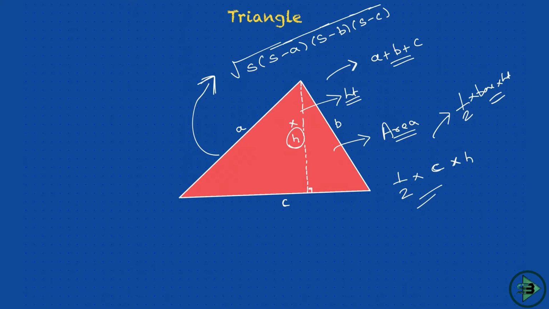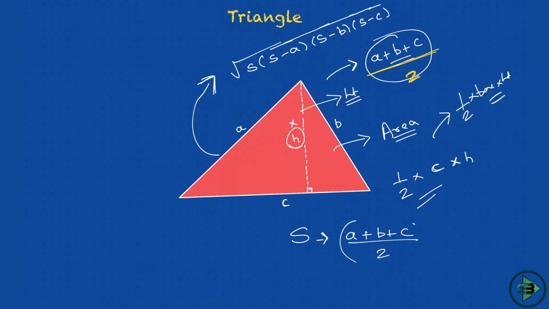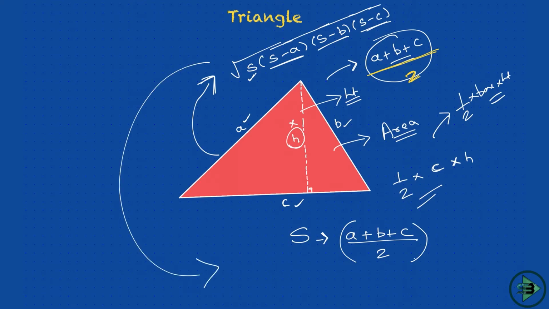By Heron's formula, the area of a triangle is the square root of S into S minus A, S minus B and S minus C, where S is nothing but the semi-perimeter. Okay, what is semi-perimeter? Perimeter is this. Semi means half, which means half of the perimeter. That will be equal to your S. So S will be equal to A plus B plus C divided by 2. That is how you will find S. You will substitute the S here. Then you will take S minus A. Of course, you know what A is. So S minus A. S minus B, you know what B is. S minus C, you know what C is. So you will get eventually the area of this triangle, and that's how simple it will be.